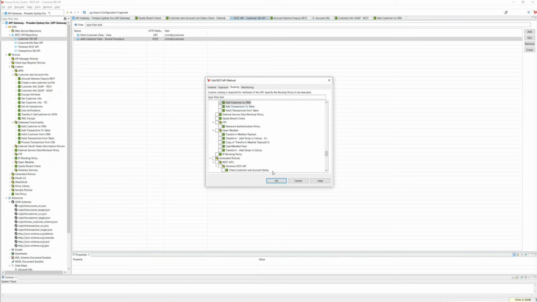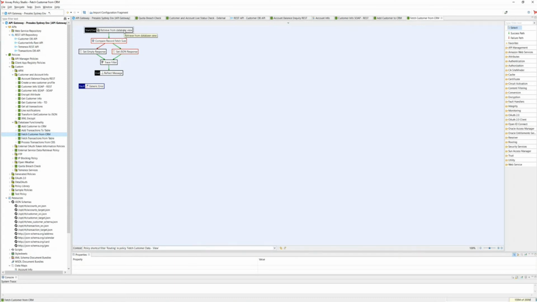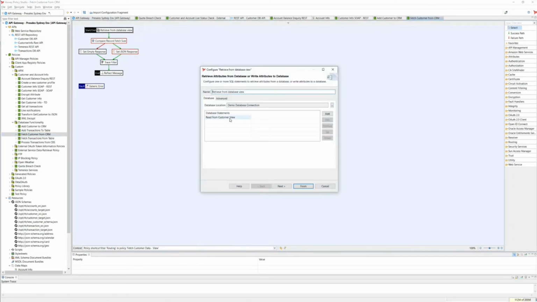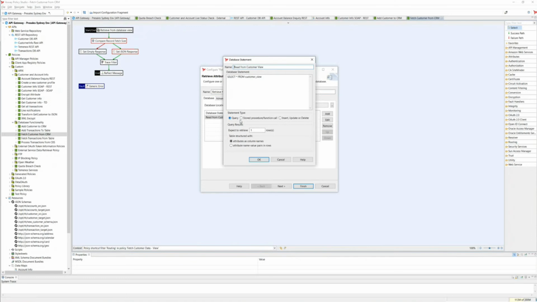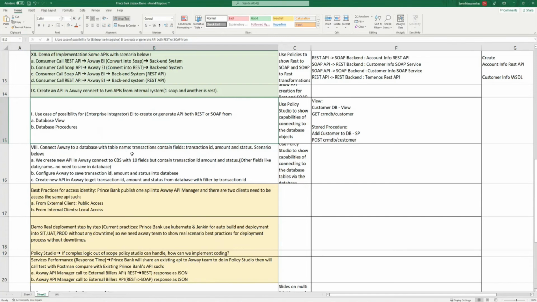test it. Okay. So this is doing the stored procedure call. The next one we tried was we viewed it. So for viewing it, I fetched the customer from the CRM. For that, again, I retrieve from database view. Same thing, call the same connector, create a statement, but in this case, it's a query and I'm querying from a view. Okay. And then accordingly, I set the response and everything. This takes care of the first part of doing things, the database view, procedure, and all of